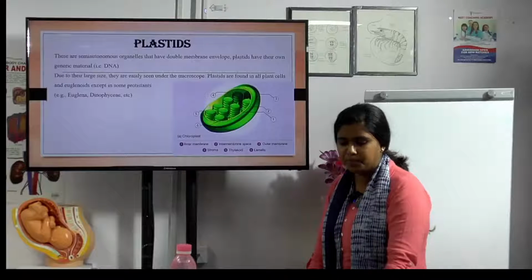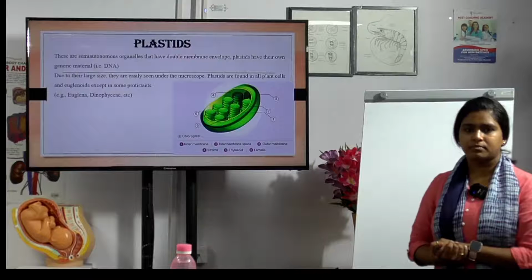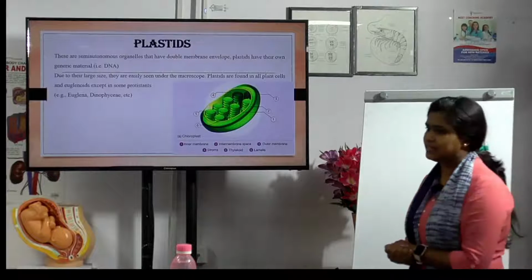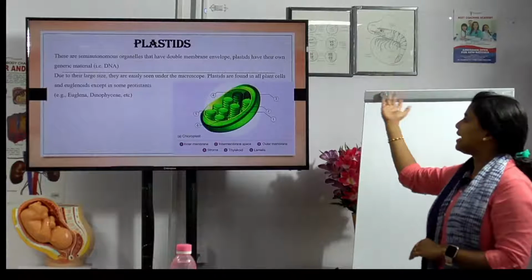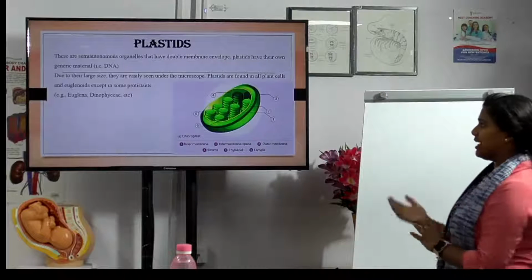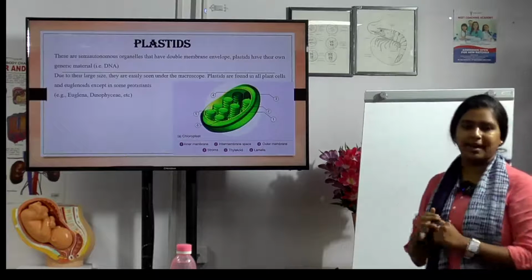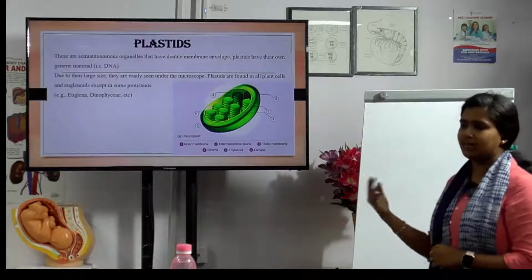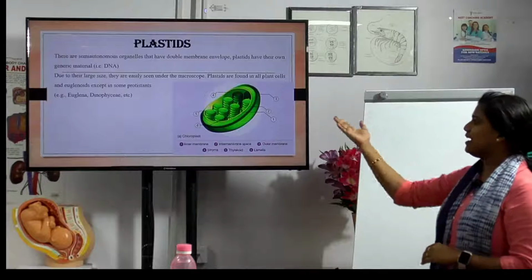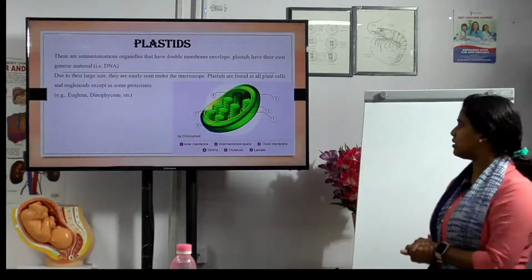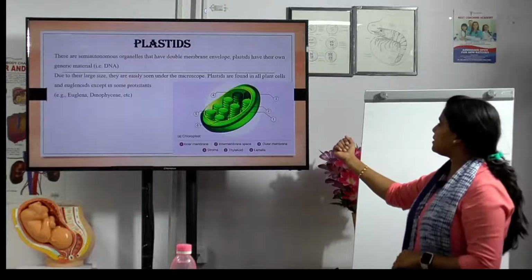Okay, next one the plastids. Plastids na nama munnadi enna paathom? Yes, okay. These are membrane bound. Plastids have their own genetic material, that is DNA. Due to their large size, they can be seen under the microscope itself, not an ultra microscope but a normal microscope itself, and then they are found in plant cells and euglenoids except in some protists only. Like for example, euglena, and these are the parts that,